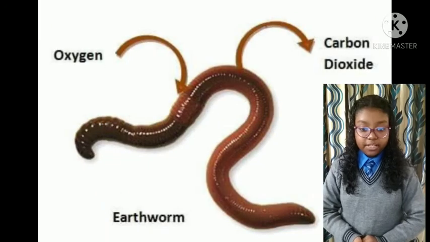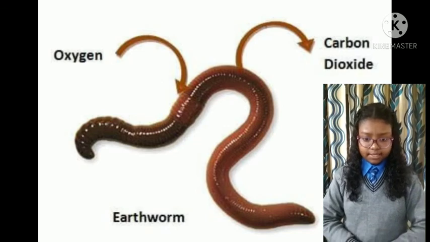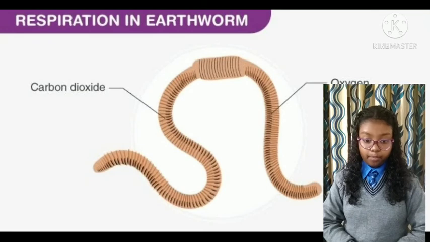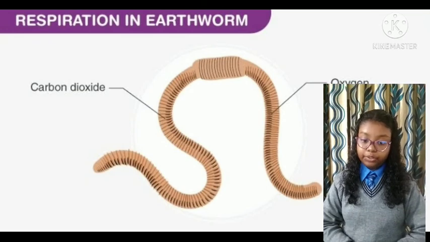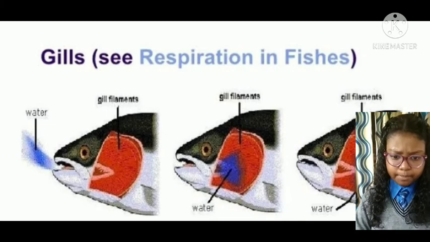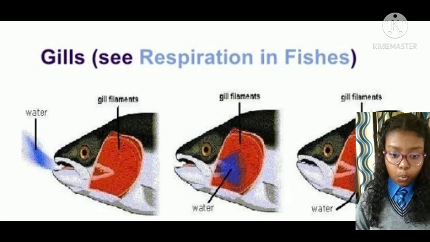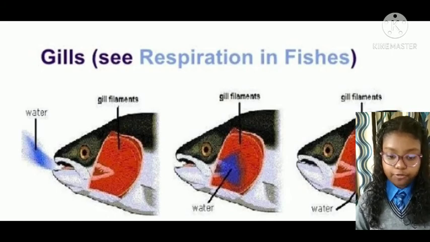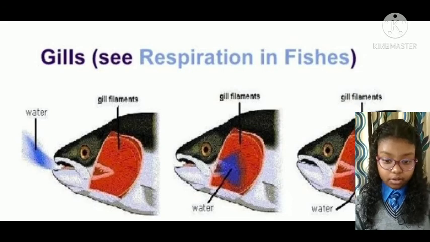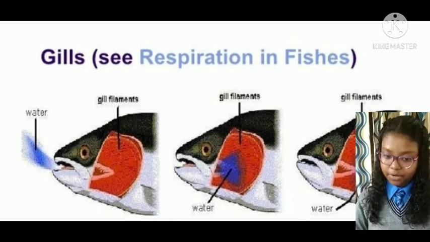What about respiration in the earthworm? They do not have any specialized respiratory system, but they respire through their moist and slimy skin, due to the moisture present in the soil. And fishes breathe by taking in water through the mouth and sending it over the gills. When the water passes over the gills, they extract dissolved oxygen from the water, and the extracted oxygen is absorbed by the blood and carried to other parts of the fish for respiration.